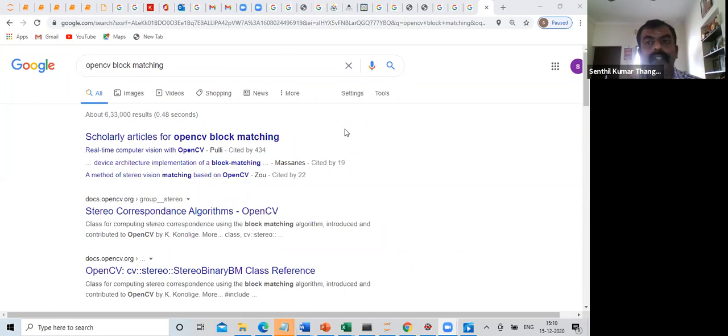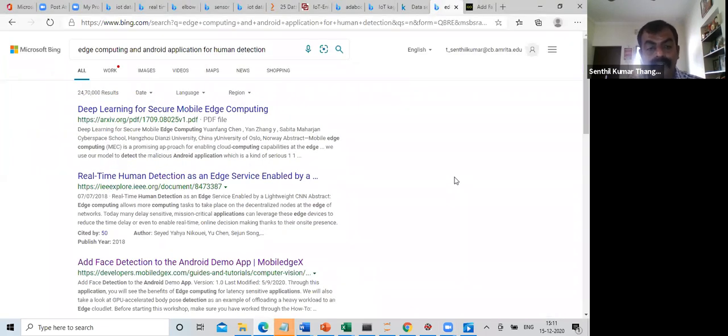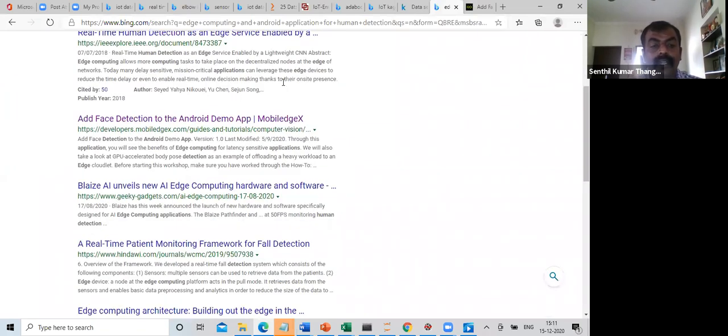Now there can be an application that runs on your mobile, an Android application, which can detect your face. That means it can detect my face and say, Senthil Kumar is talking. So the smallest thought would be building an application which can do face detection on the Android mobile itself, like adding face detection to Android. The Android app running on your mobile detects and recognizes your face itself rather than sending the data to the server. That can be the smallest place where you can speak about edge computing.